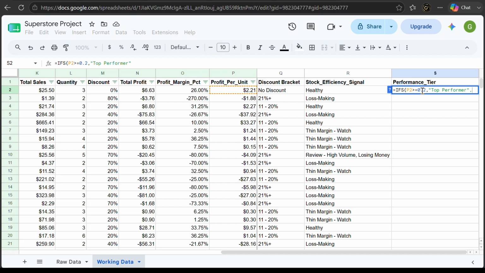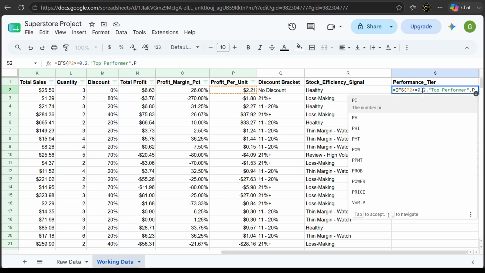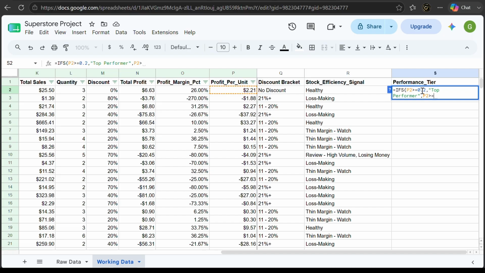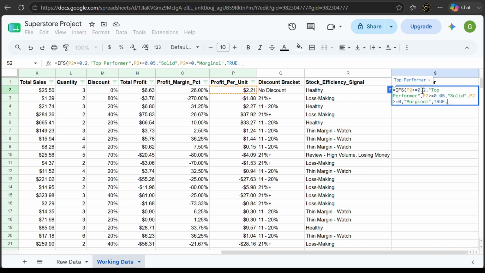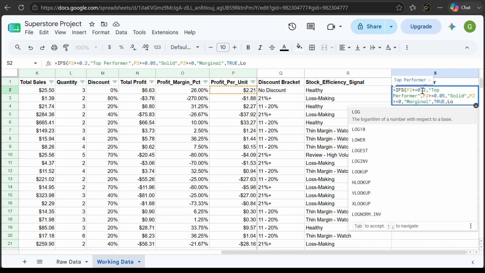and then close the quotes, and then another condition would be if P2 is greater than or equal to 0.05, I would say that this is solid, and then if P2 is greater than or equal to 0, I would say marginal, and then for every other value that appears in the different cells in this column, I would say loss